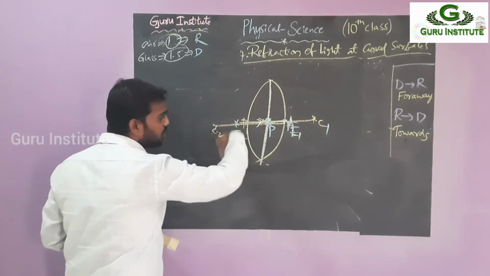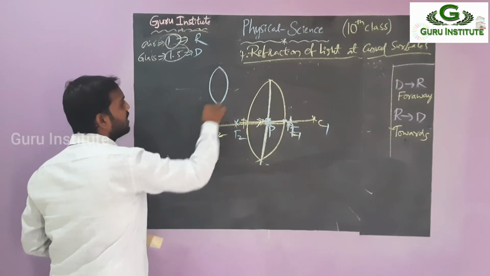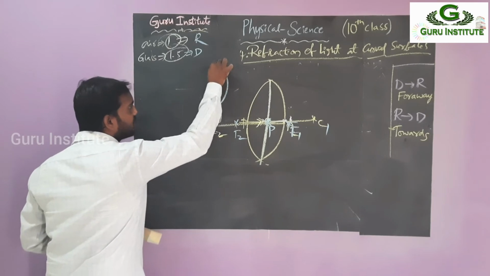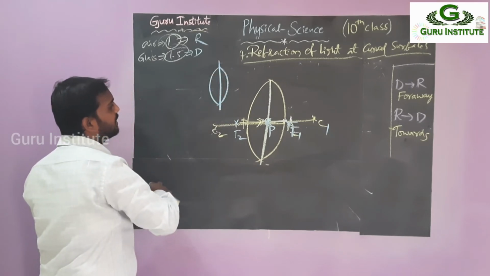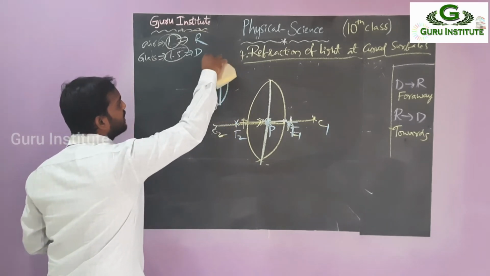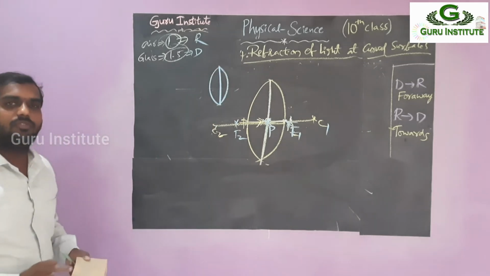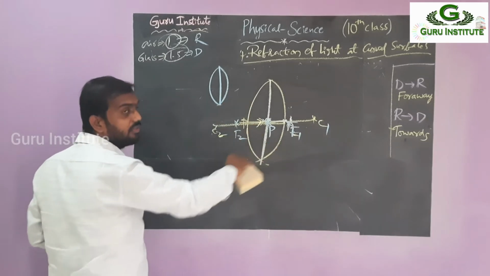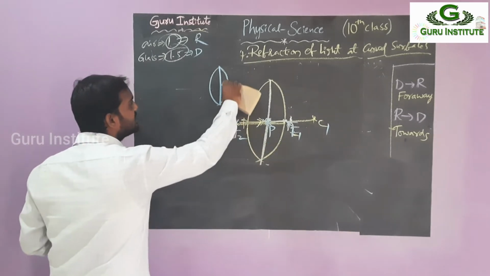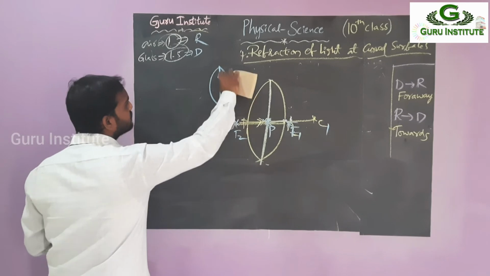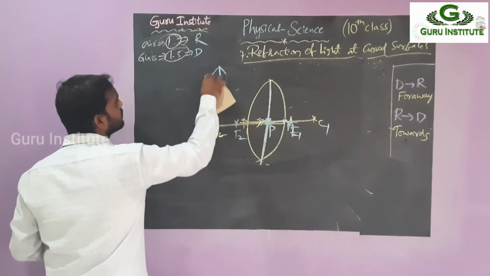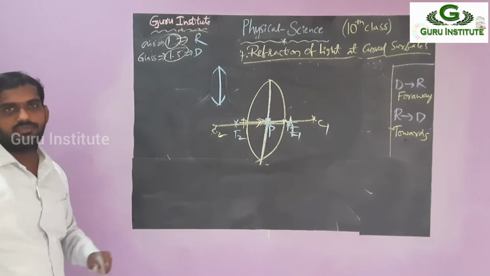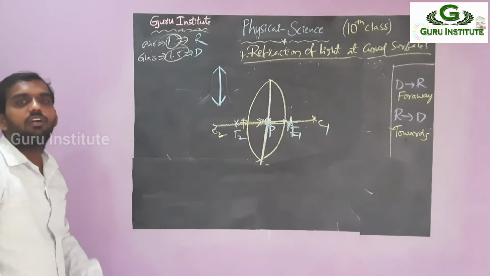Again, drawing all this picture, all this shape, every time is complex. So we have to assume the middle part, right? This middle part I take like this. Every time drawing like this is very uneasy. So for easy purposes, we take the convex lens symbol like this. See here, observe this picture. Okay, so this is the picture. This is a pictorial representation of the convex lens.